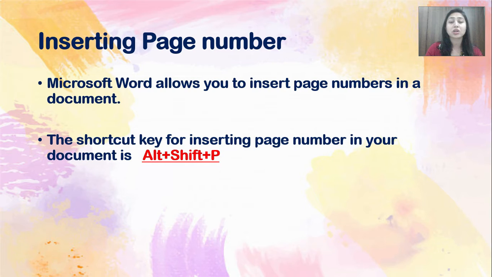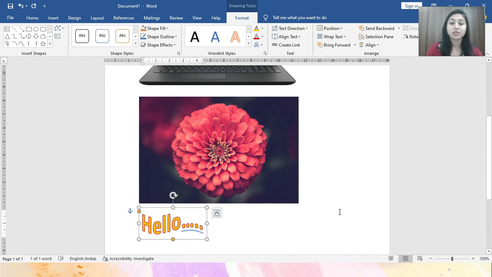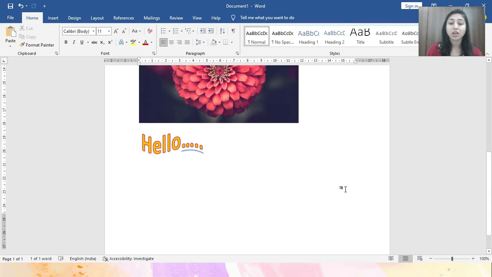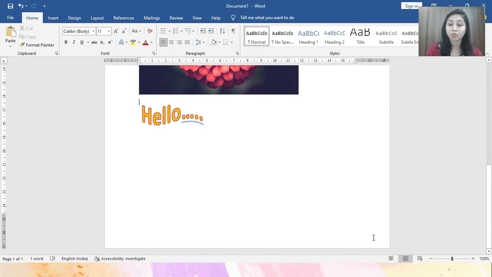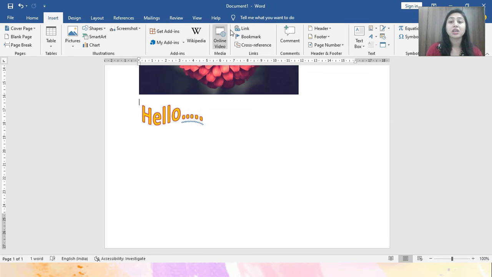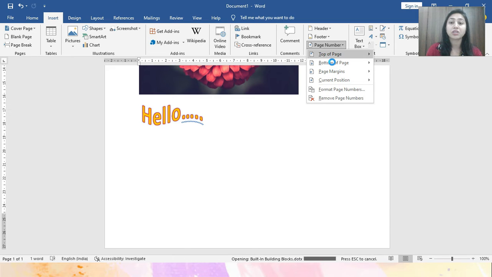Okay, you can see in your every textbook or in your worksheets are already designed with the page numbers, right? So let's see in practical how to insert that page number in a document. Okay, so students, this is my first page. Okay, now I want to insert a page number over here in the bottom of the page. Okay, so again use the insert tab for inserting page numbers, right? In the header and footer group, you can see a page number option is available with a drop down list. Okay, so here you can see so many options are there to insert page number.